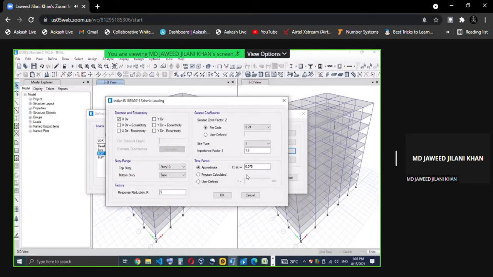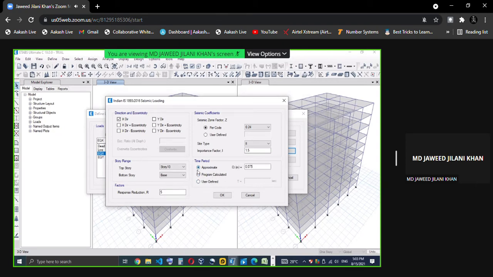I have to give 0.075 for RCC, and for steel a different value. My case is RCC, so I am giving 0.075. Or you can use the program calculator. If you want to calculate the time period based on the actual stiffness built in the model, ETAP will calculate it based on the actual stiffness matrix which is generated.